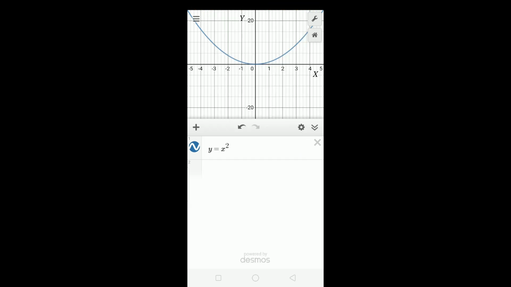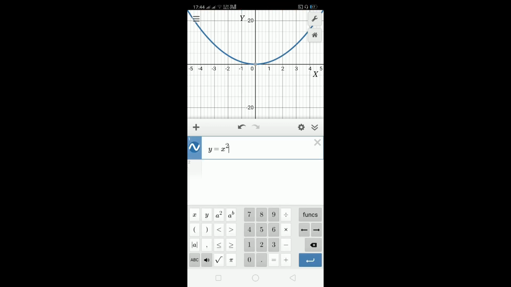Then if I go back, then on the graph you can find the x label x here and y label y here. With step size 1 we got the x limit from -5 to +5, and with step size 2 we got the limits for the y axis from -25 to +25.